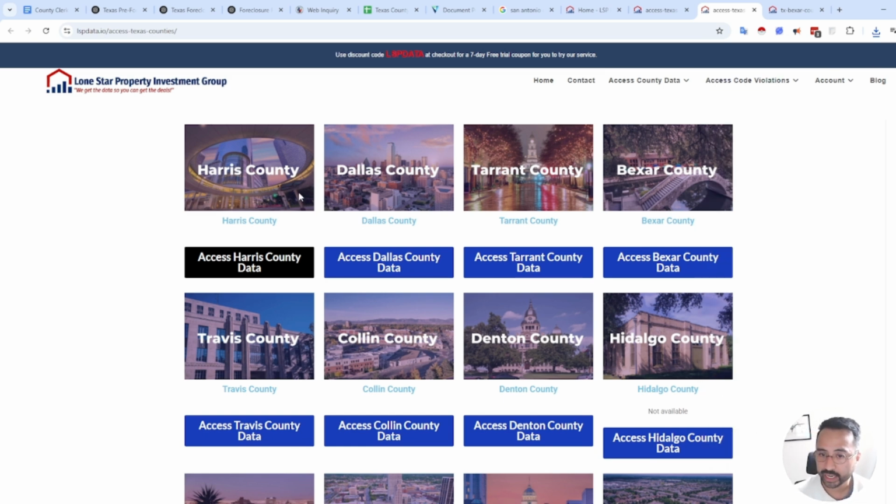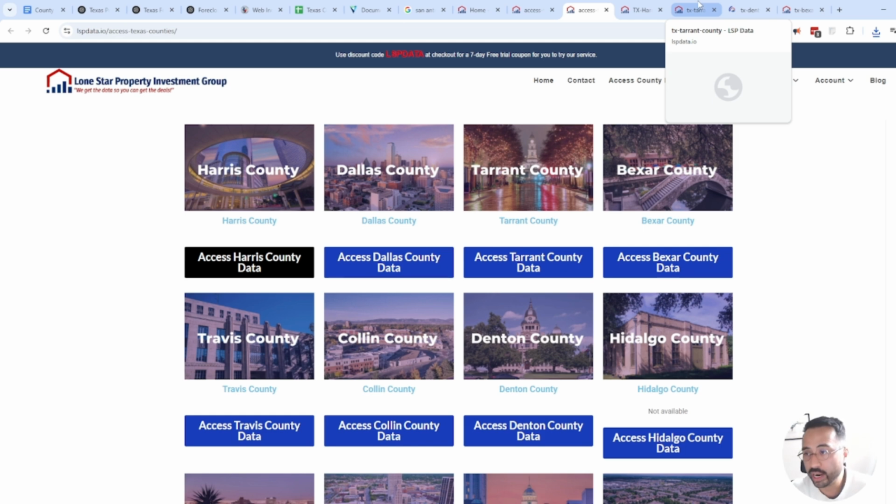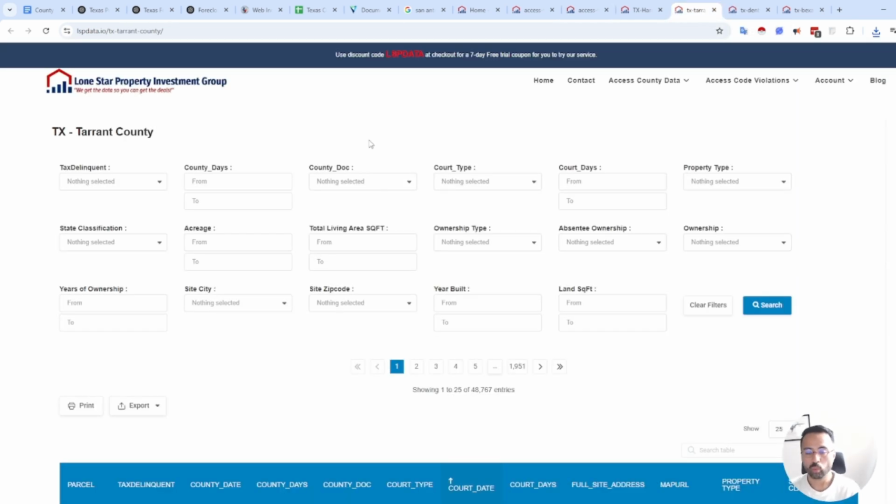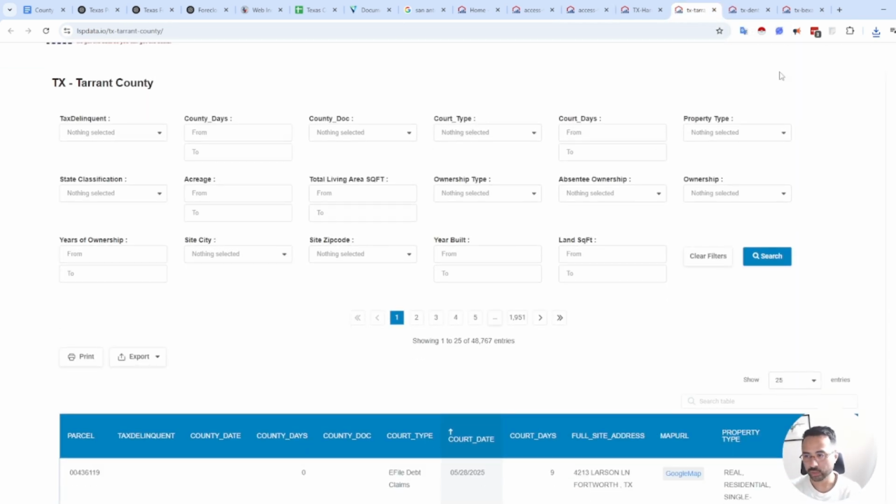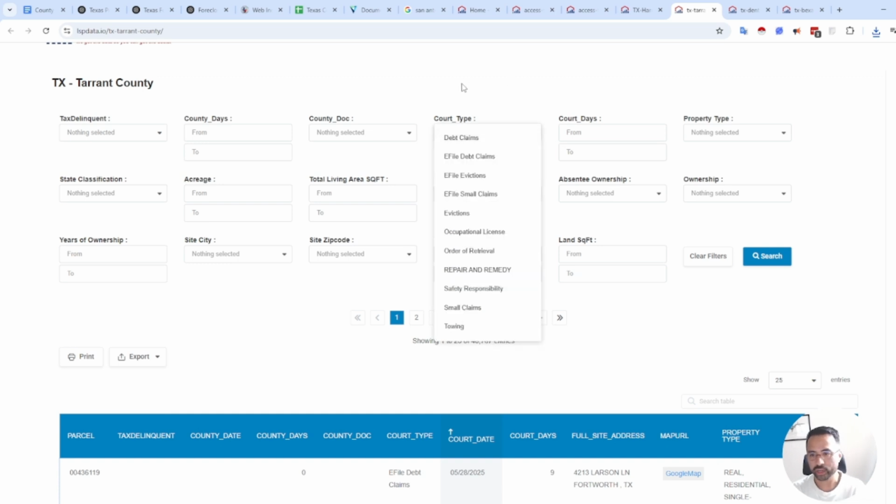That was for Bexar. But let's say we want to do Harris County, or Tarrant, or even Denton. So it depends on what area you're in as well. We have other information as well. I'll make another video another time, but we also have